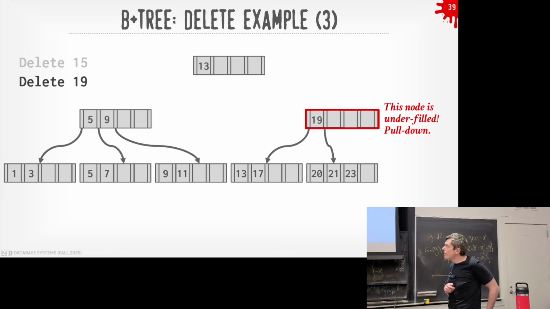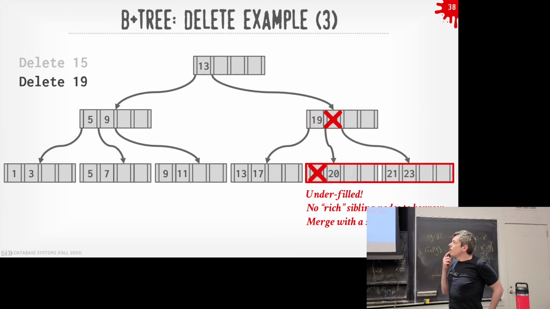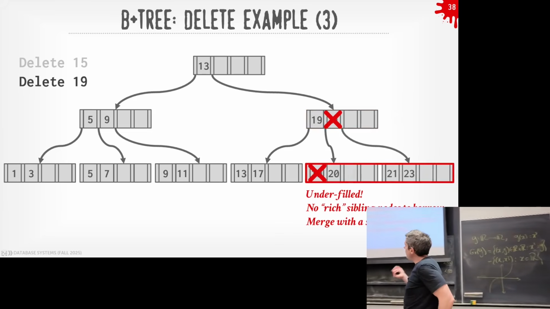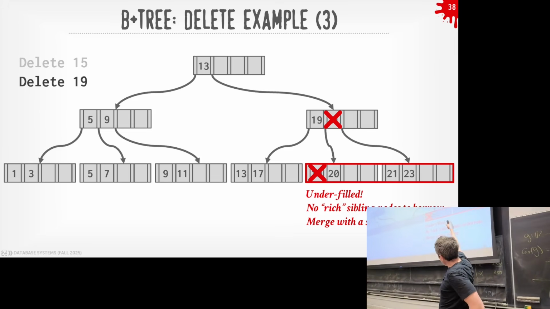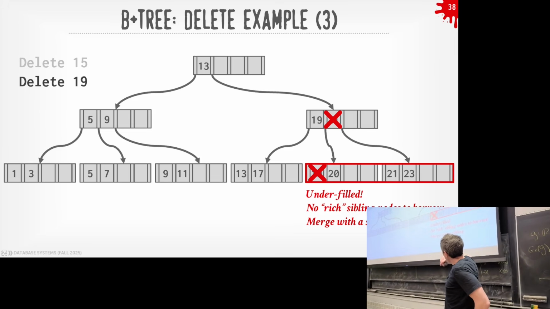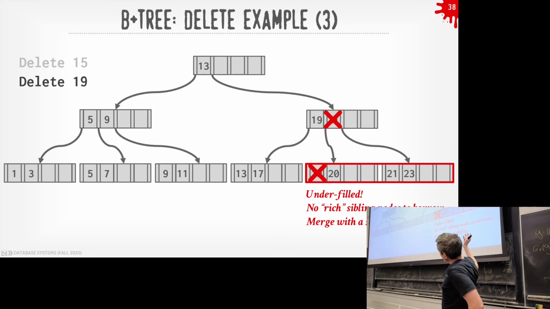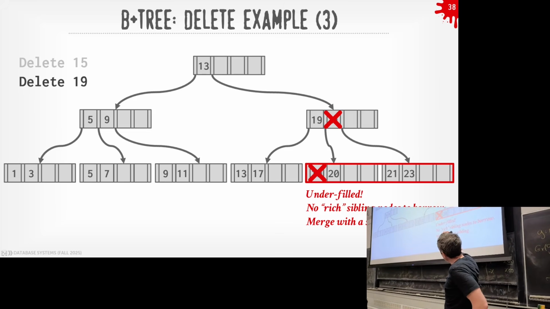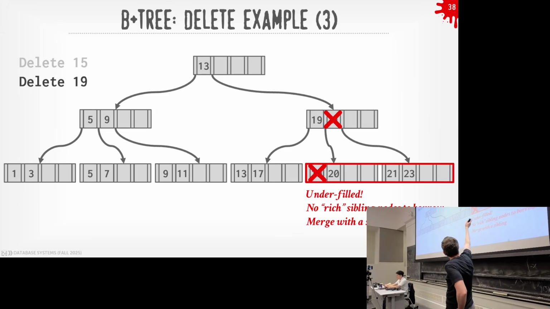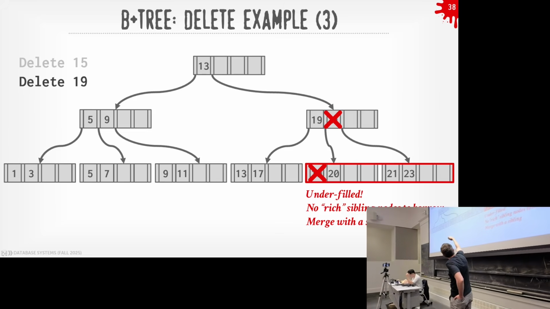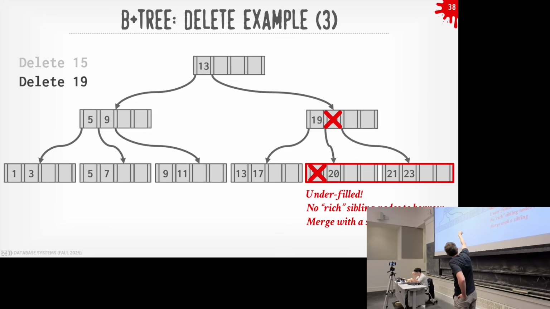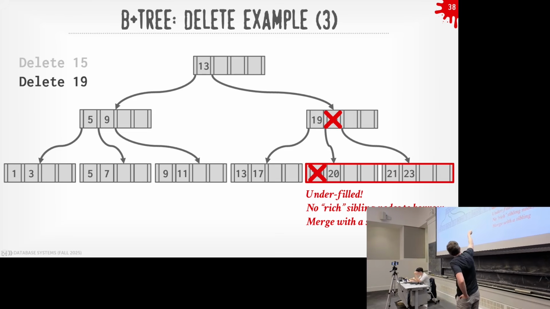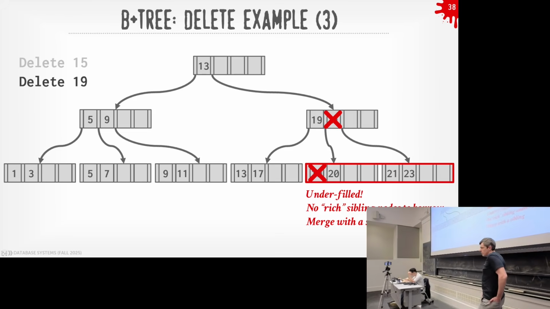Yes? If the node with 5, 9 was full, would we have to do kind of a redistribute operation? Yeah, his question is, if the node 5, 9 could handle sending a key over to the sibling, would we have to redistribute? Again, you wouldn't have to touch the leaf nodes, right? All you'd have to do, say there was key, I don't know, 4, 5, 9, and I send 9 over, right? All you need to do is drop the pointer from, I don't want to use the laser pointer, drop that pointer here, get rid of this, then now you have a new one pointing to that, and that's all fine. Move on. Yeah, that's fine.